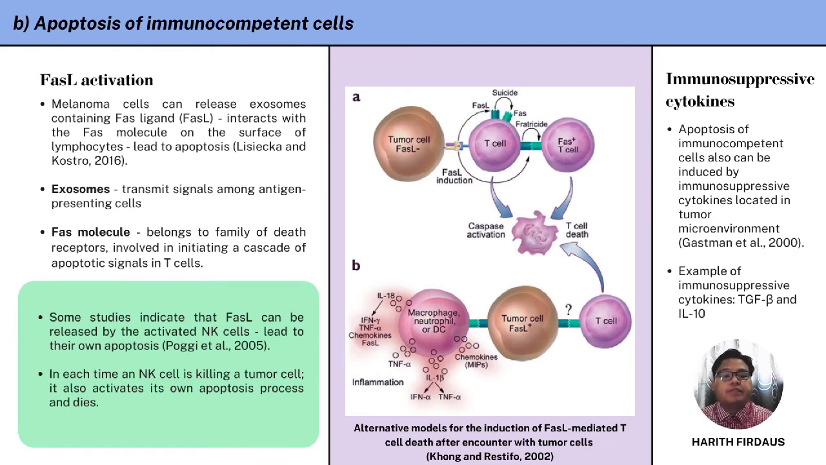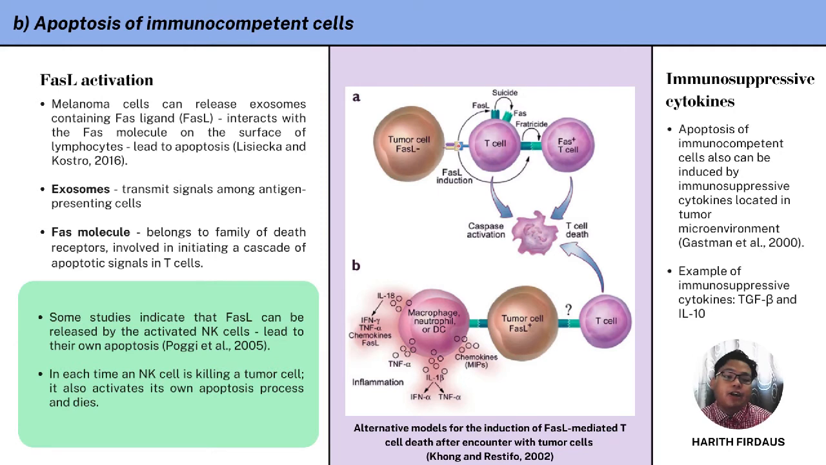For information, exosomes are small particles of 80 to 200 nanometers in diameter, whose potential role is to transmit signals among antigen-presenting cells, while Fas molecules belong to the family of receptors, which are involved in initiating a cascade of apoptotic signals to these cells. Furthermore, some studies have found that Fas-L also can be released by activated NK cells themselves, resulting in their own apoptosis. Therefore, each time an NK cell is killing a tumor cell,